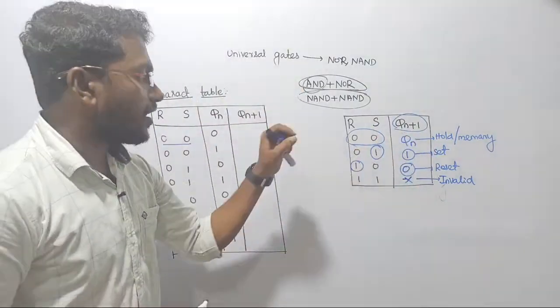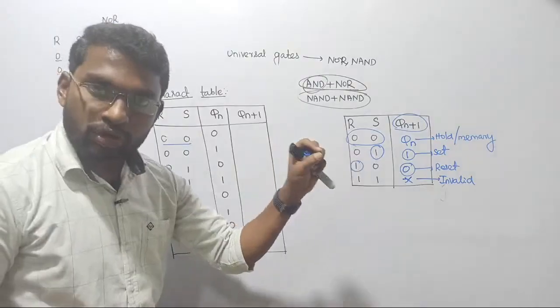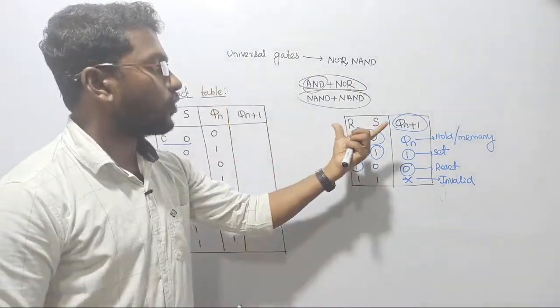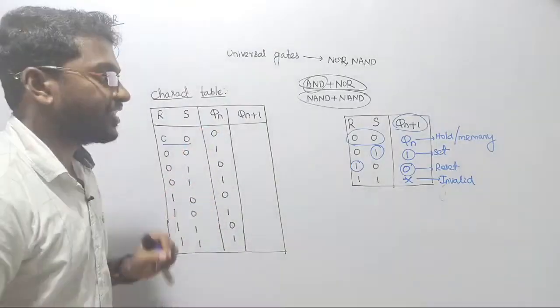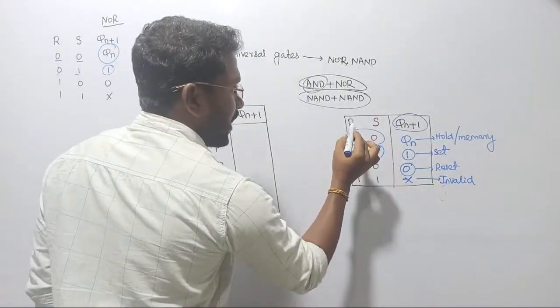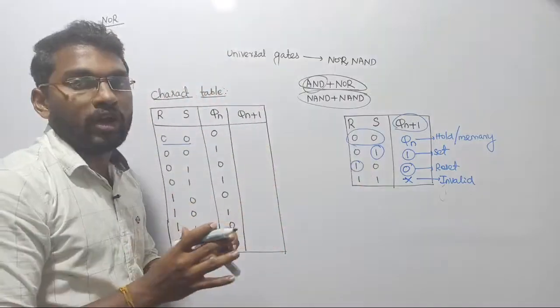See, we are realizing the characteristic table from the truth table only, right? So first step, we have to design the truth table. Now from the truth table, we have to realize the characteristic table. Let's realize. See, in this truth table, whenever we are passing 0 0 as the input for our SR